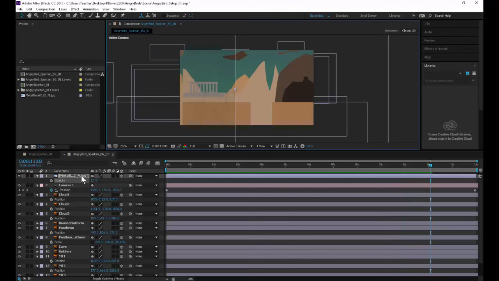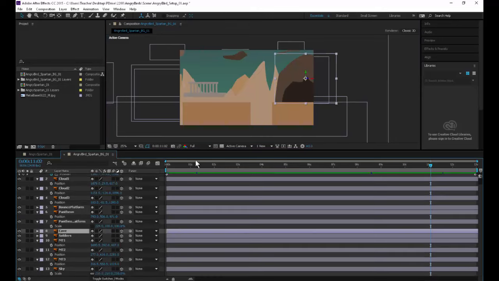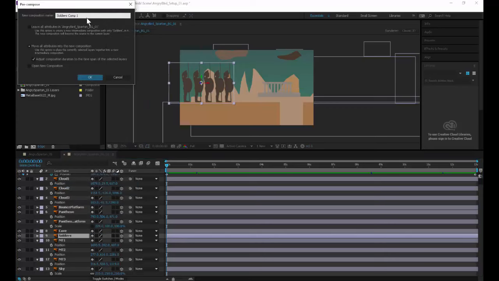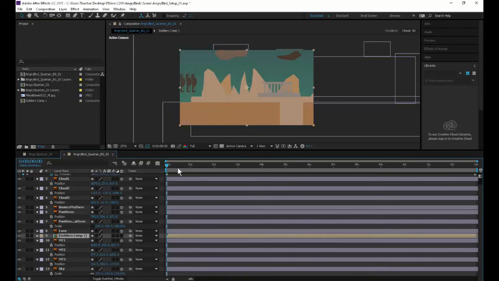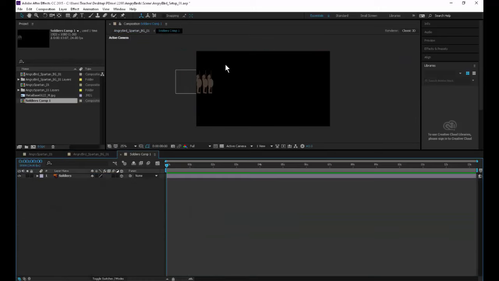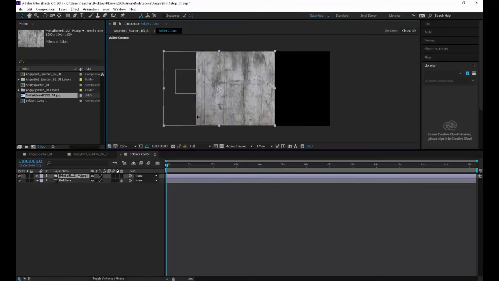Now you could also lock this to specific objects. So with any single one of these objects that I have here, if I delete that, I could grab things like the soldiers right here and pre-compose them. I could say move everything to the new layer. Soldiers comp is good. Then I just have to tell it to continuously rasterize, and it'll pop them back to where they're supposed to be. But now I can go into my soldier comp and do whatever I want in here with them, and it'll trickle into that. So if I just wanted one texture on the soldiers, I could drag that into this and put this on top of the soldiers,